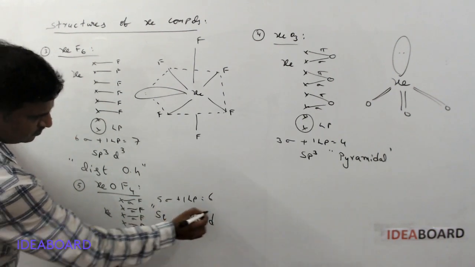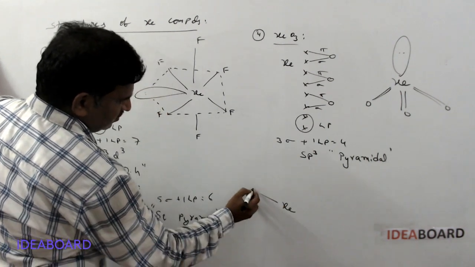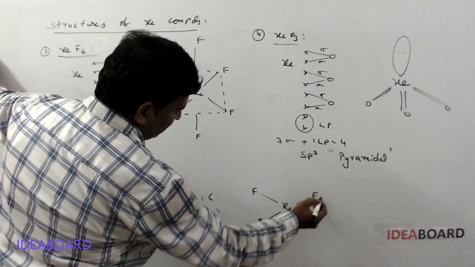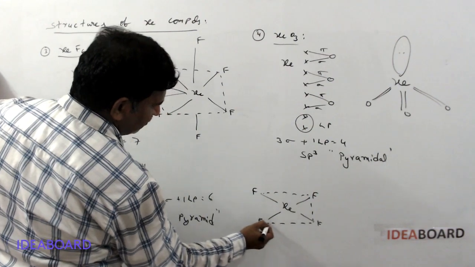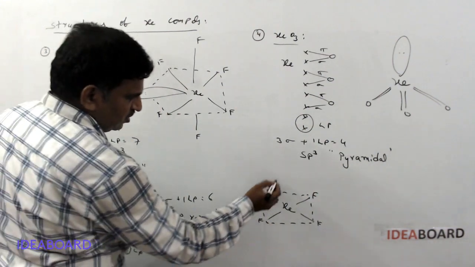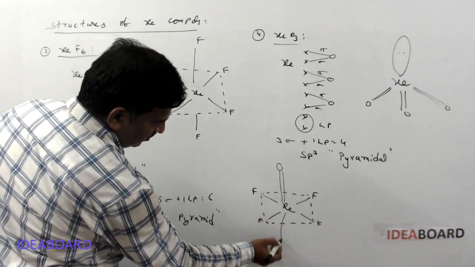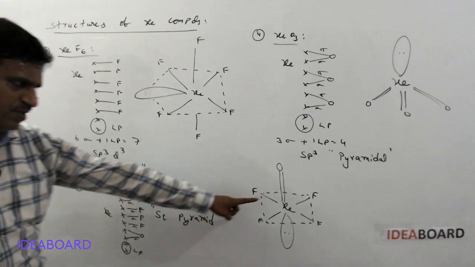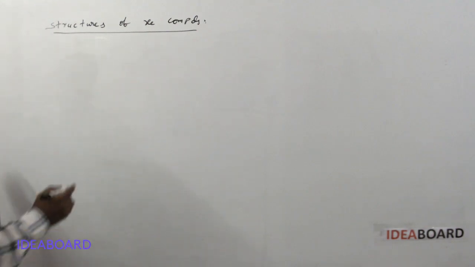How can we write the square pyramid shape? Xe, F, F, and another fluorine, which are present in one plane. These four are present in one plane. Above the plane, we are writing one oxygen atom with a double bond, and below the plane there is a lone pair. This is the square pyramid shape for the XeOF4 molecule. Next one,